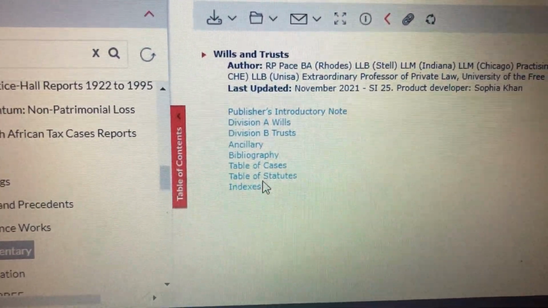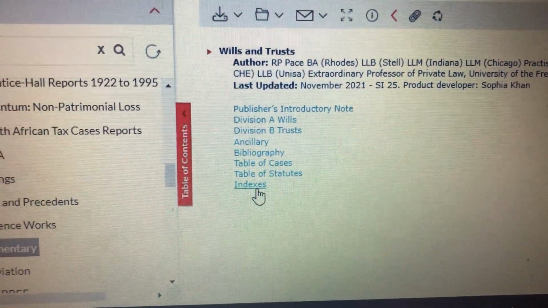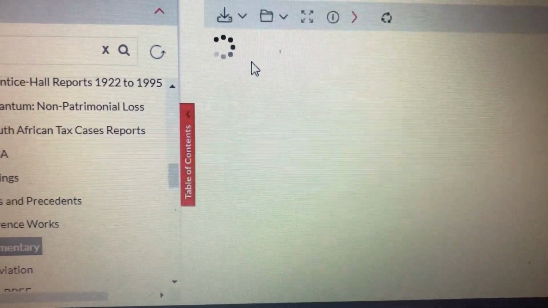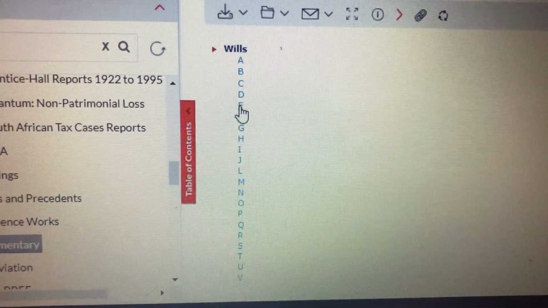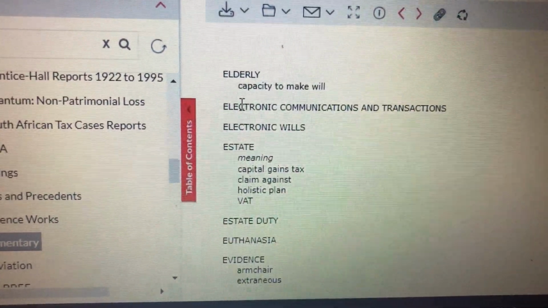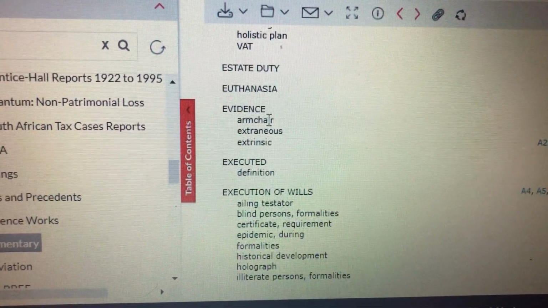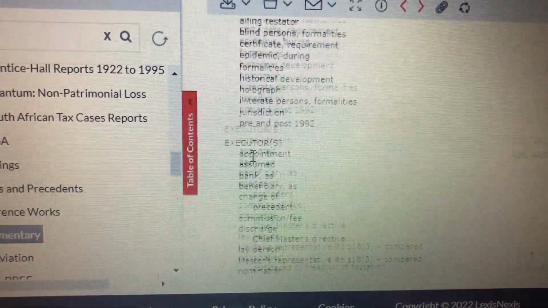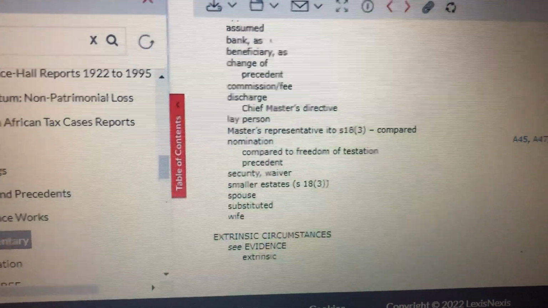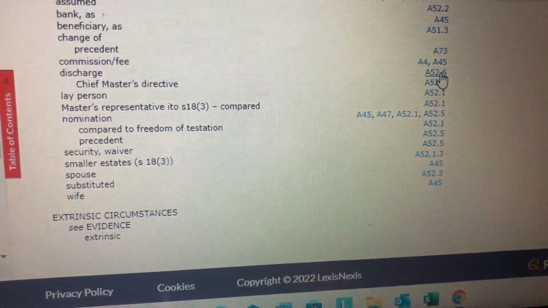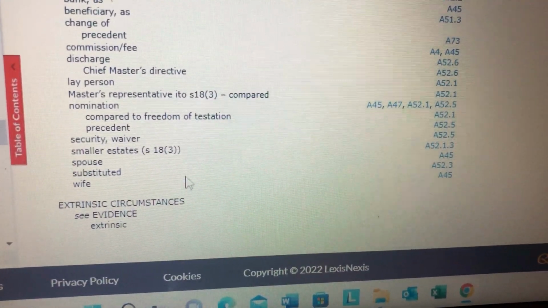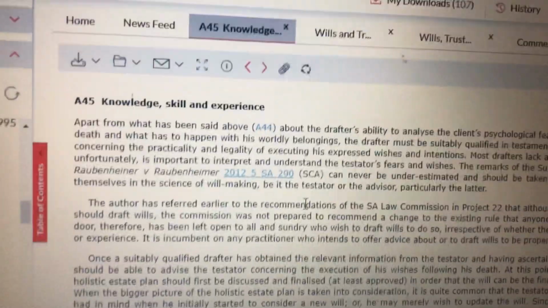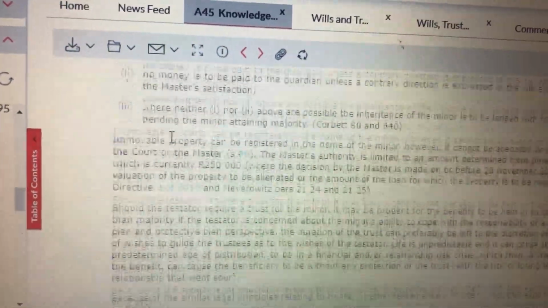For example, you have the indices or indexes, however you say it, and then you go to wills, and let's say you go to E, and then it's going to tell you estate meaning, capital gains tax, claim against, and then if you just go to whatever directory you are given, for example, let's say we're looking at spouse. We'd go to A45,